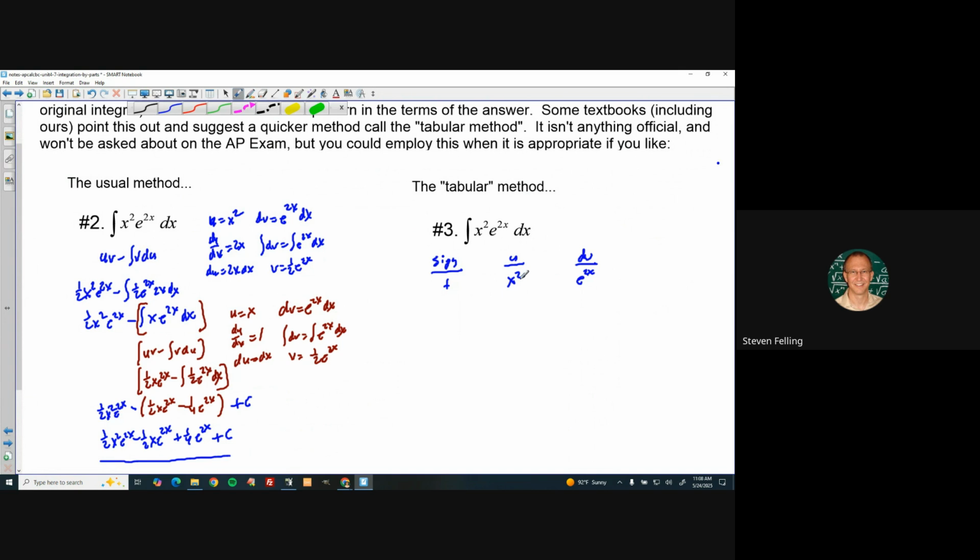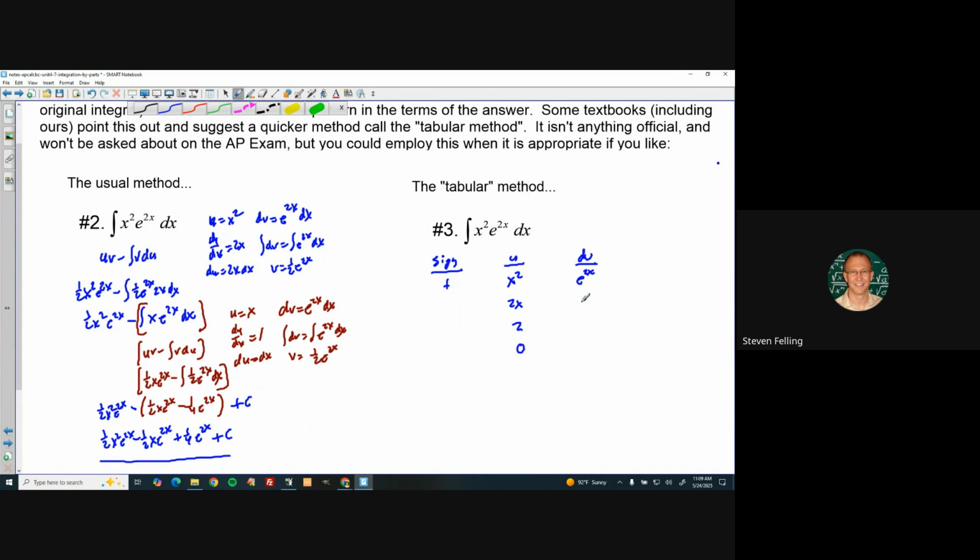Okay, so just like before, we're going to take the derivative of the u, but we're just going to do it over and over again. So the derivative of x squared would be 2x, and then I'm going to keep going. The derivative of that would be a 2, and the derivative of that constant would be a 0. I'm going to take into the dv the antiderivatives,